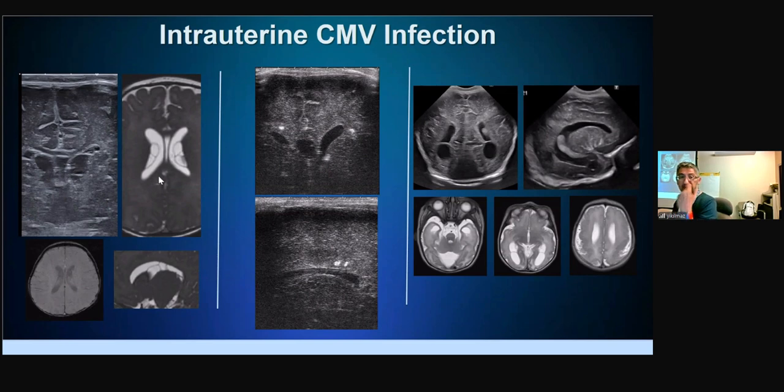For infections, CMV is the most common. In CMV, we can see pseudocysts or germinolytic cysts. This is the MRI correlation. As you can see here, septated complex cysts, and on the ultrasound, these are the cysts. And we can see calcifications, usually periventricular in CMV,